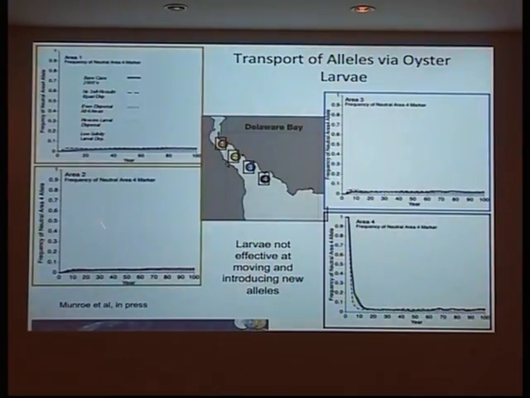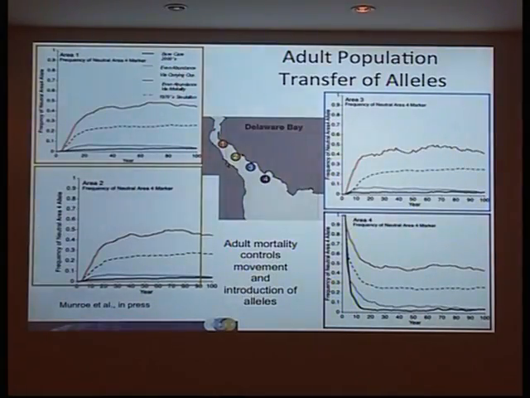This tells you the frequency of the introduction over time. And if you look at this, you say, the larvae are not very good at moving things around, so they're not really introducing these alleles very quickly. But if you look now at the adult population of